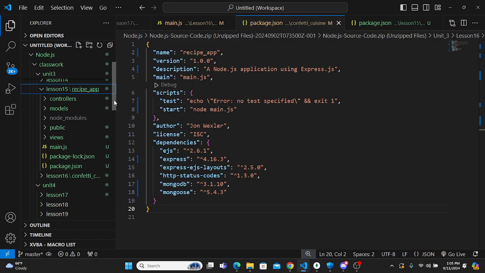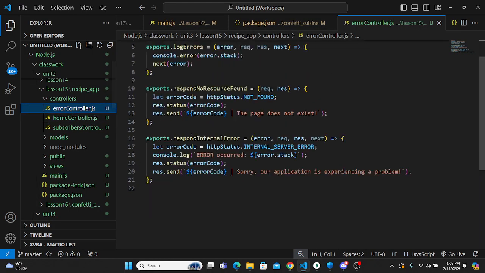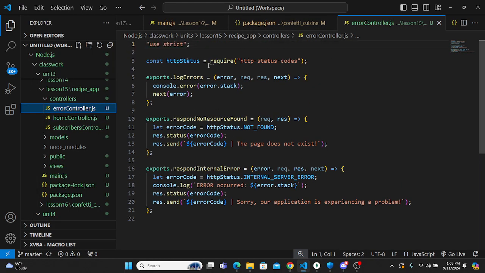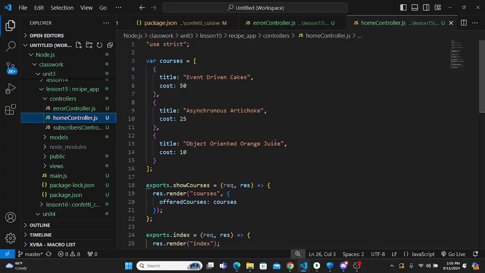Under lesson 15, we have the recipe app, and then we have controllers, and then we have the error controller, where we have require for HTTP status, and then we have exports.logErrors, and then we have exports.respondNoResourceFound. So this one is for the error controller, and this one we already explained in the previous lesson,